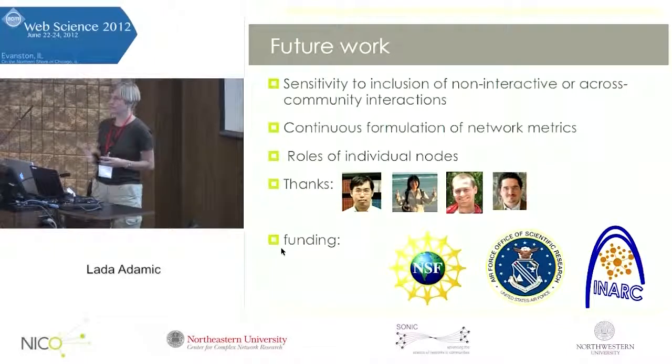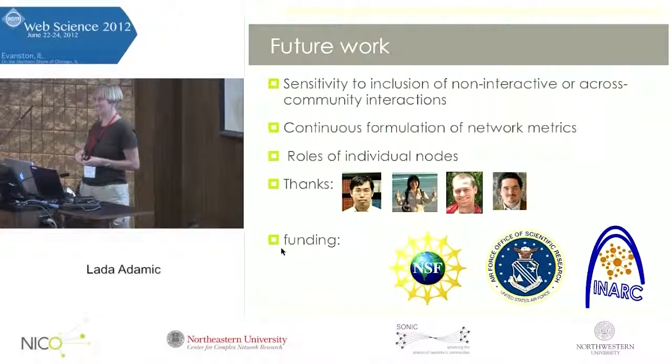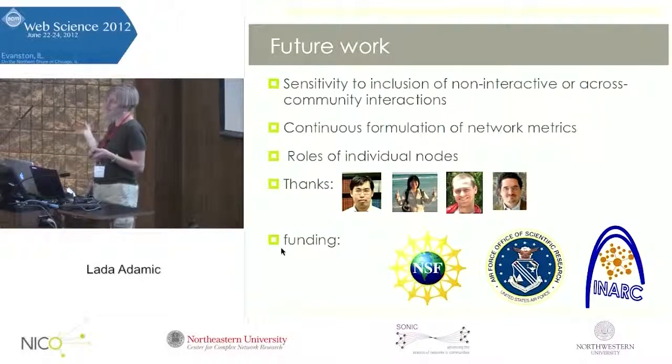So what we'd like to do in the future is figure out, how sensitive is it to the definition of the community, who's in, who's out. Is it really right to chop up the communication into these segments, or should we actually be devising continuous measures of both network properties and content properties? What are the roles of the individual nodes? Is there actually more signal if you're seeing who's sending the messages in particular, as opposed to these kind of aggregate network metrics?